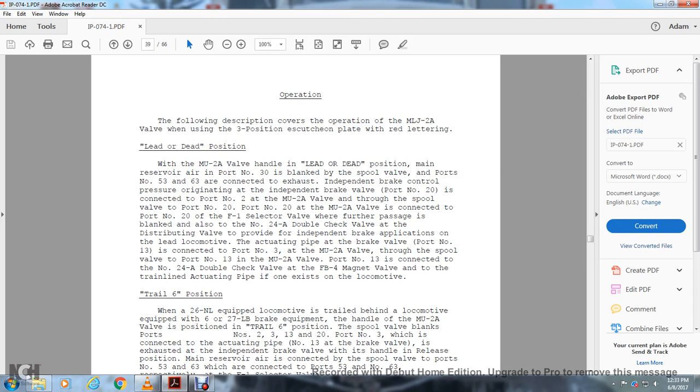Operation. The following description covers the operation of the MU2A valve, using the 3-position escutcheon plate with the red lettering. Lead or dead position: the multiple unit 2A valve handle is in the lead or dead position. Main reserve air pressure at port number 30 is blanked by the spool valve, and ports number 53 and 63 are connected